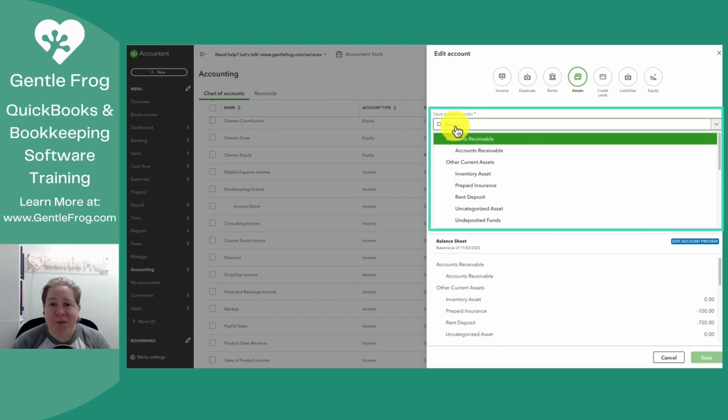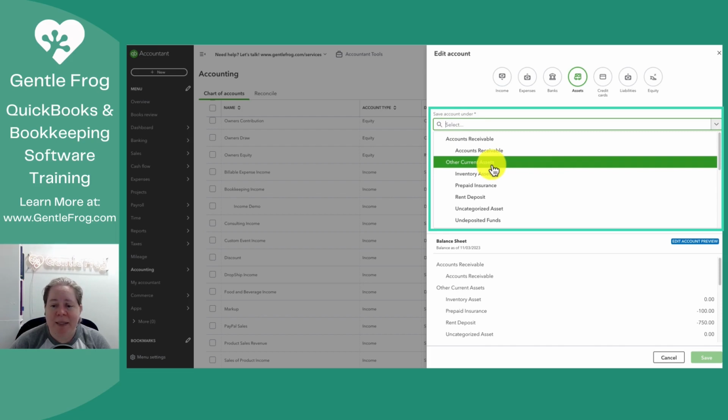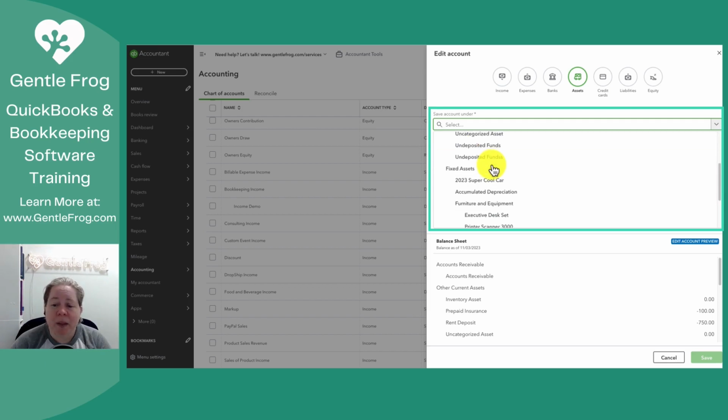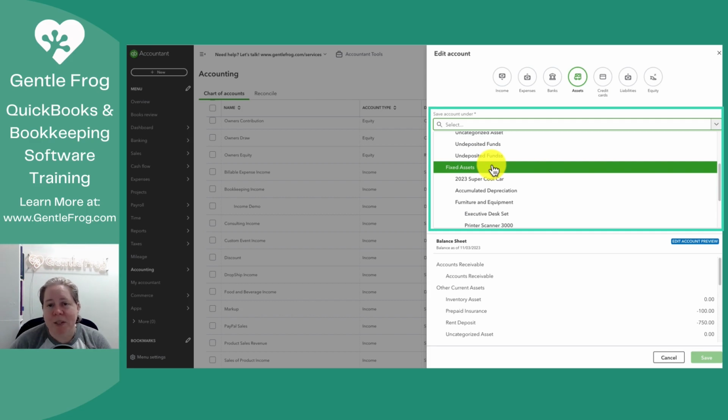Your options for main headers under assets include accounts receivable. This is the money that the clients owe the business. Other current assets. These are assets that can be liquidated or expect to be liquidated within a year. So stuff like inventory. You're not going to hold inventory for more than a year, hopefully. Fixed assets. That's going to be the tangible things that are harder to dispose of, such as the Corvette I